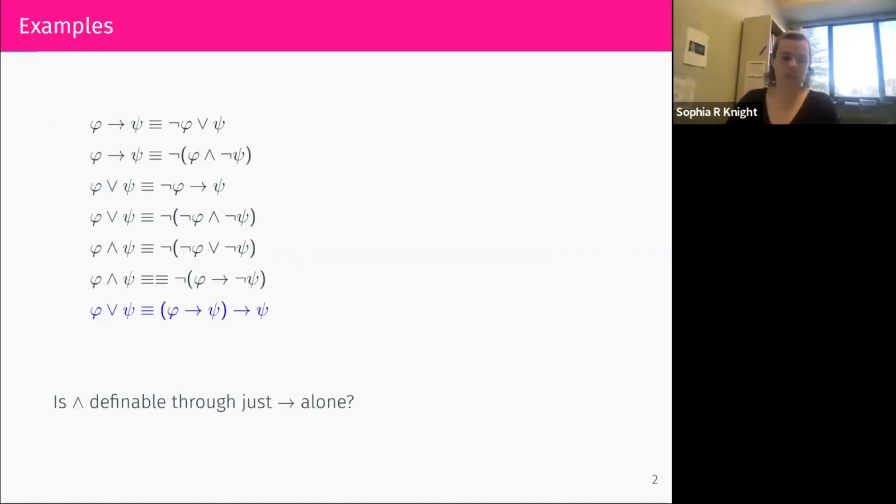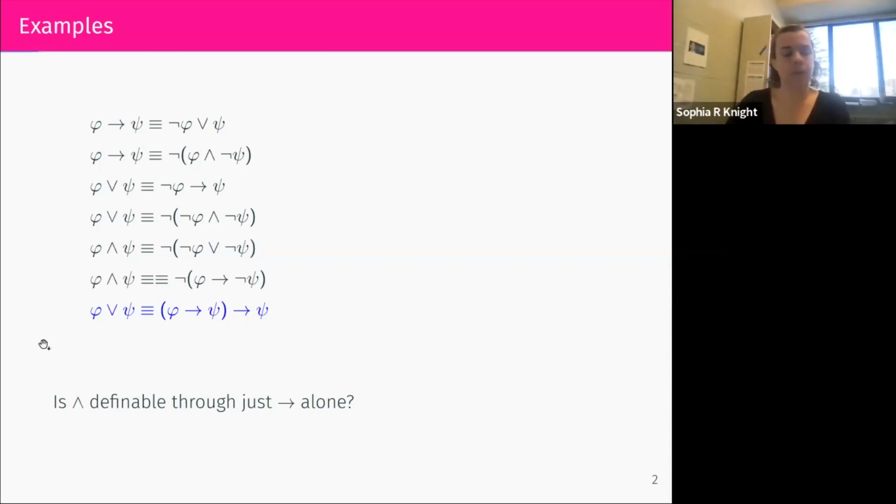Propositional logic. Here are some examples of equivalences in propositional logic that show that many propositional logic operators are definable in terms of one another. It's well known, probably everybody here knows, that in basic propositional logic, if you have negation and any other single operator, implication, conjunction, or disjunction, that's a sufficient set of operators, and you can define all the other operators based on those, even two-way implication, obviously. So these first six results are really well known, one of the first things you learn in propositional logic.